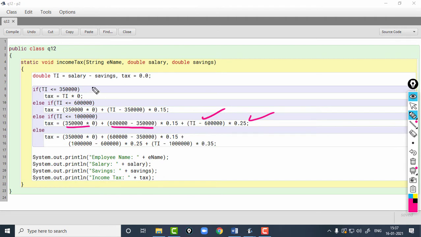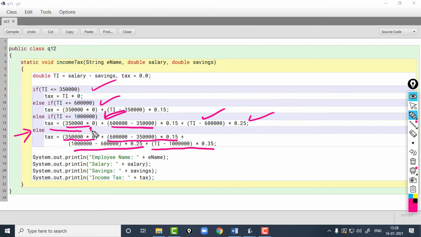And if all the above conditions fail, then the control will come to the else part. That means, if the above condition is failing, the value of TI is obviously greater than 10 lakhs. That is why I have not checked here if TI is greater than 10 lakhs. And the tax amount for this will be first slab plus second slab plus third slab plus the current slab.